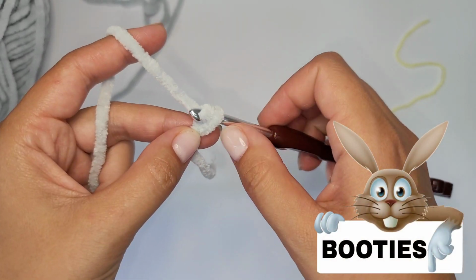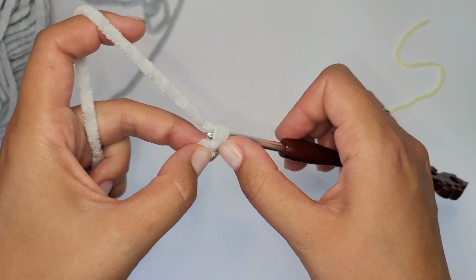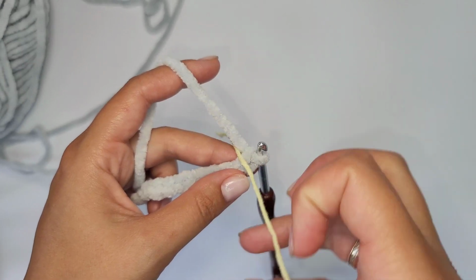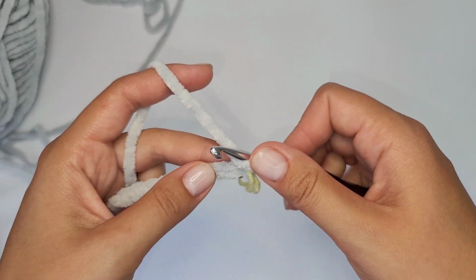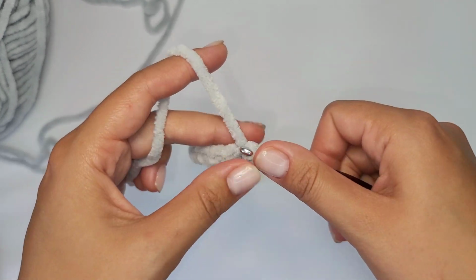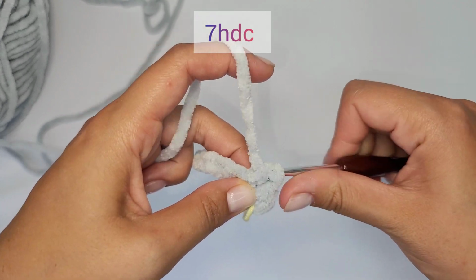So, the first thing to crochet is the booties. Start by a chain of 10 stitches and then crochet around it. I'm going to use a thread instead of a marker, that way it's more convenient for me. Now crochet 2 half double crochet stitches into the second chain stitch from the hook, then 7 half double crochet stitches,